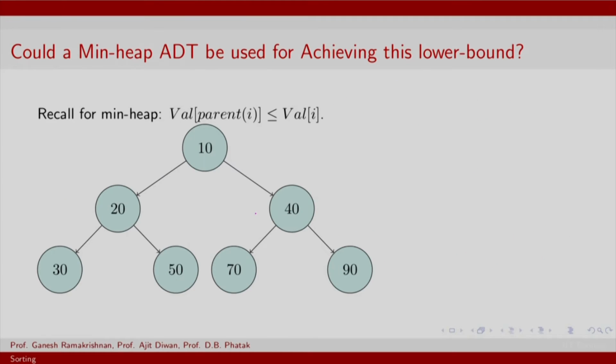So recall that a min heap abstract data type stores the index and the value of the smallest element in the root, and the smallest element is defined as that which has the lowest value. This must hold not only for the root but for every substructure. So in general, the value of the parent of i must be less than or equal to the value of i, and all the other descendants. We see that 40 is less than 70 and 90 and so on. So this is actually a min heap,